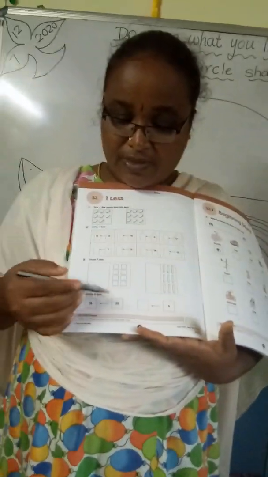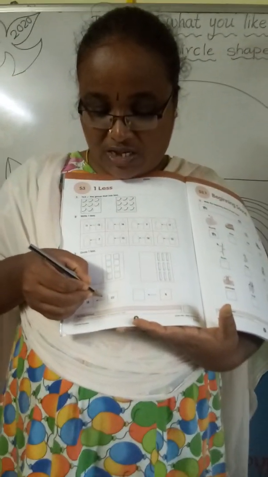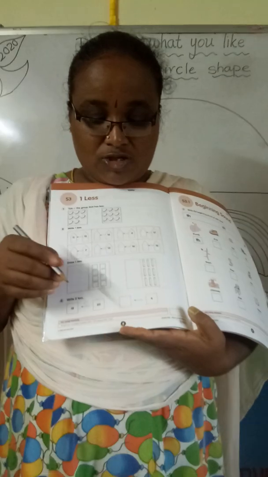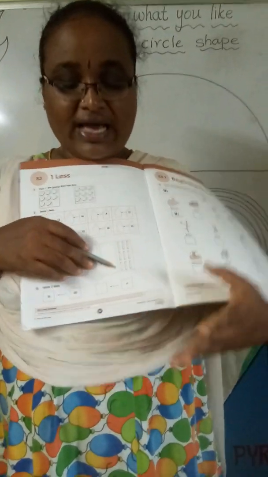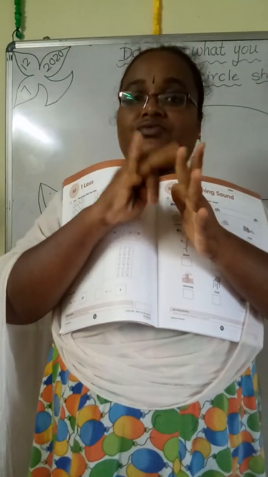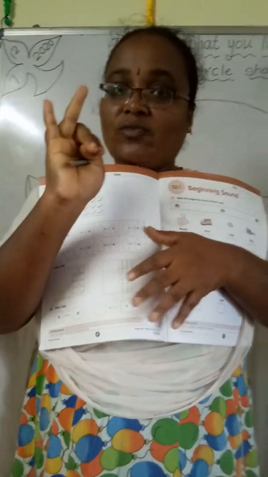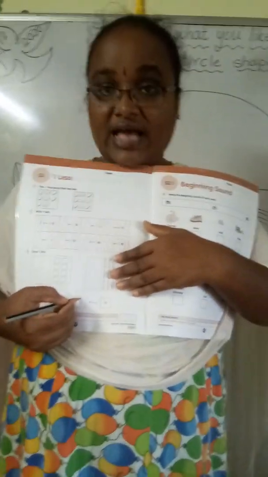See here. 20 given. 20, 19, 18. So you have to write 18. So 9 finger. Show the 9 fingers. Yes. Less 2 fingers. 1 2. How many fingers here counted? 1 2 3 4 5 6 7. So how many fingers here now? Write the answer here. Now you have finished 2 worksheet.